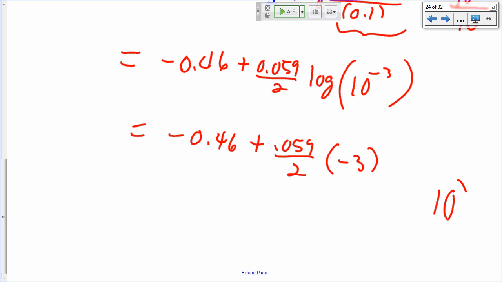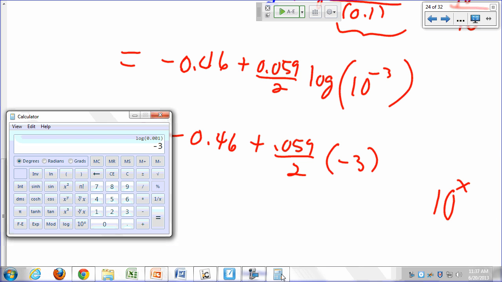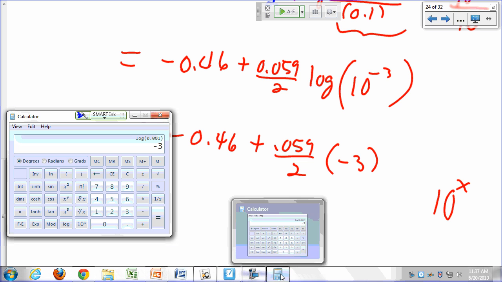The log of 10 to the x is x. So this gives you negative 3